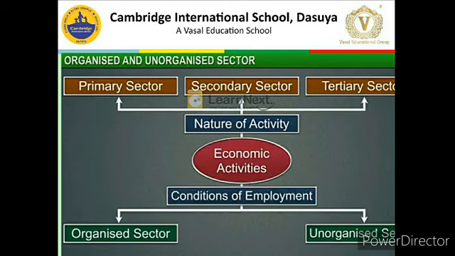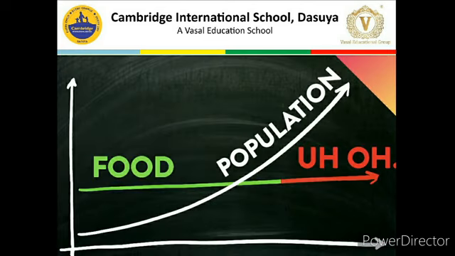For students, we can categorize economic activities on two bases. On the basis of the nature of economic activities, that is primary, secondary or tertiary, or on the basis of conditions of employment, organized sector or unorganized sector. I hope you all have understood these terms clearly. Now, the most important question of this chapter is,